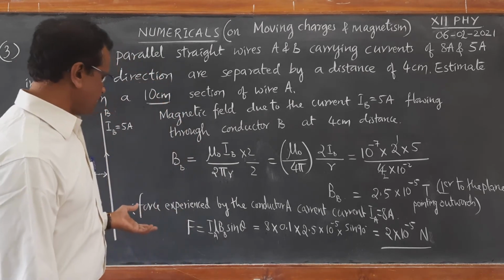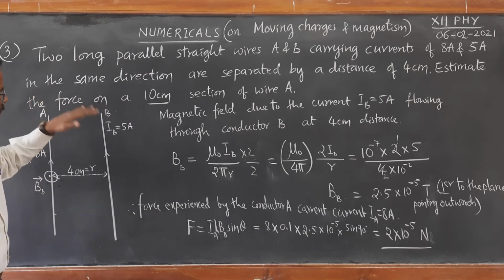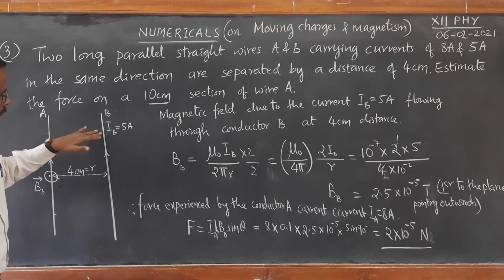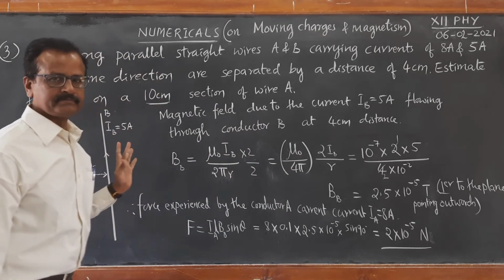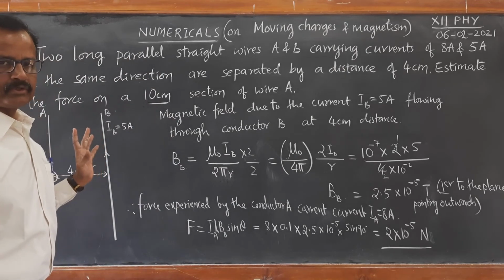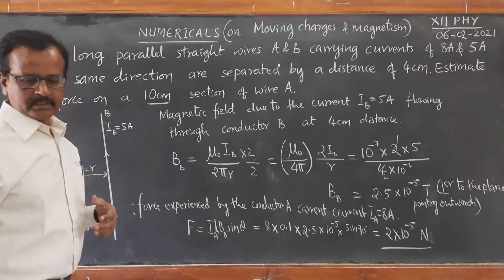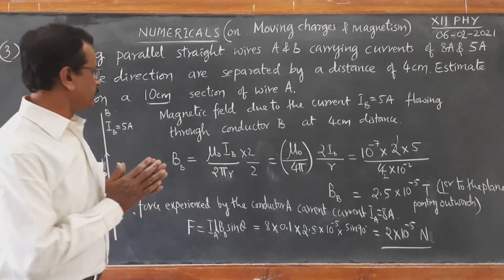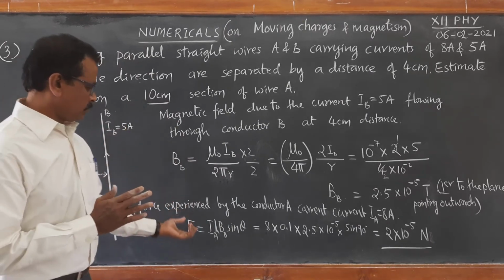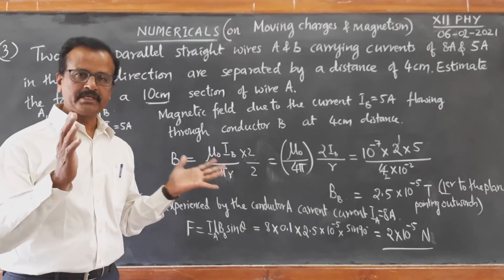So you can notice that if you calculate the magnetic force due to the current flowing in conductor A on the current carrying conductor B, that force is also going to be the same. Okay, fine. Now this is the magnitude of force. Force is a vector quantity, so only one part you have found out, that is magnitude, but you have to mention the direction.